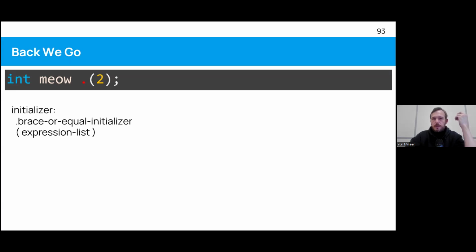Brace or equal doesn't work for us because it should have curly braces or an equal sign, so it goes straight to expression list in parentheses. We consume the parentheses first, and then 2 is an expression, and expression is an expression list because the grammar is written this way.